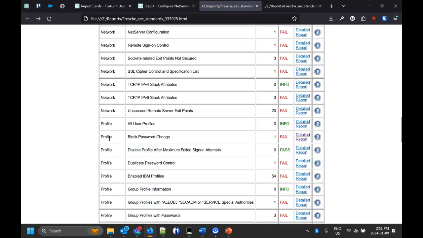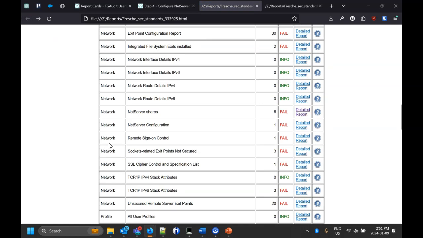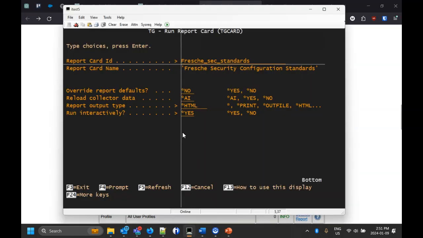Now we're going to take a look at customizing this report. For example, let's look at NetServer shares. We failed with 6 here. Essentially, we have 6 open network shares, and we'll learn that the criteria is to allow 0. And when we go in here,